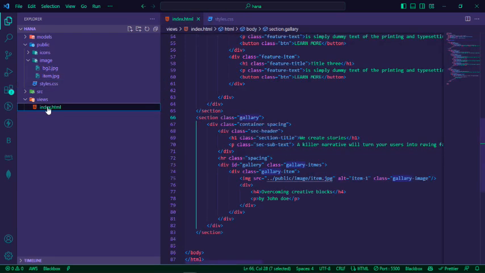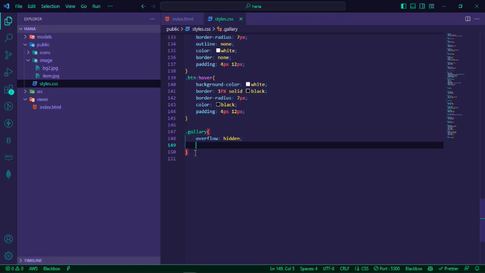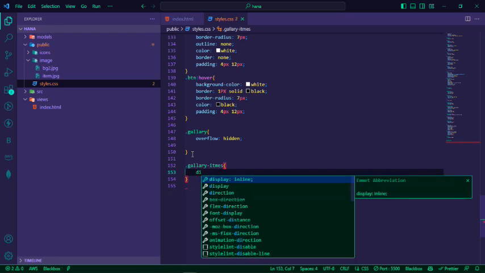Yeah, so now let's come back to our HTML. So now we have our container. All these guys work very well. We have our gallery here, and then our gallery item. So basically our gallery item is where all our items will be inside. So let's just take our gallery item first, and then let's put our gallery items. Now let's give it a display of flex,